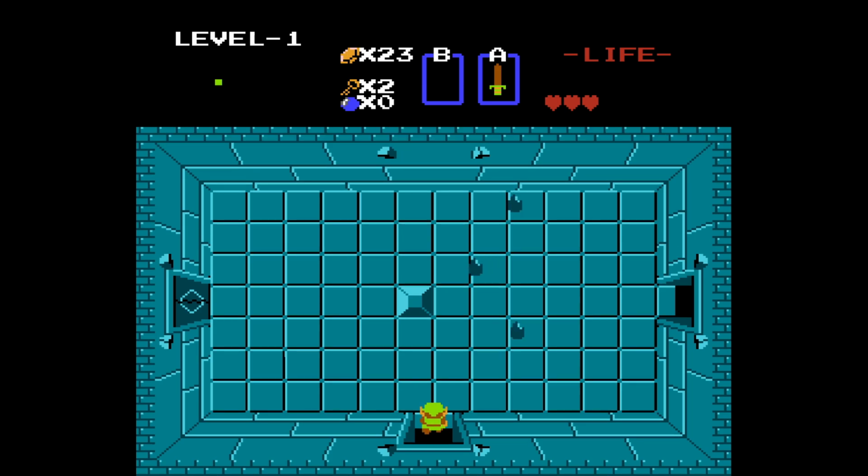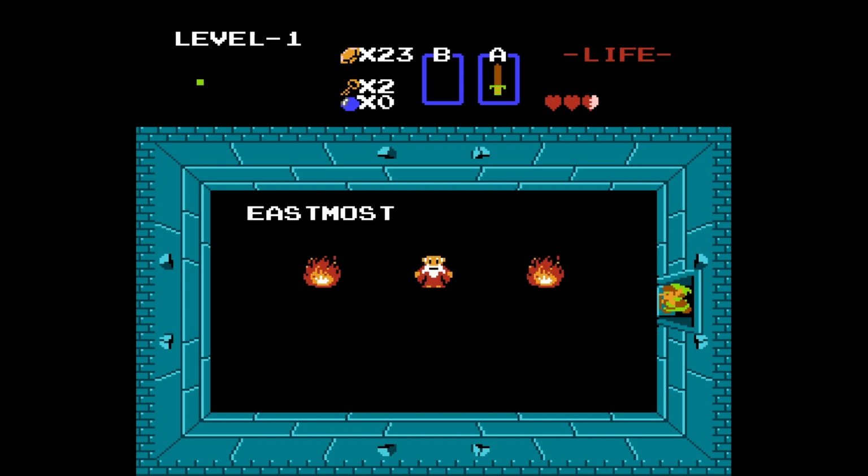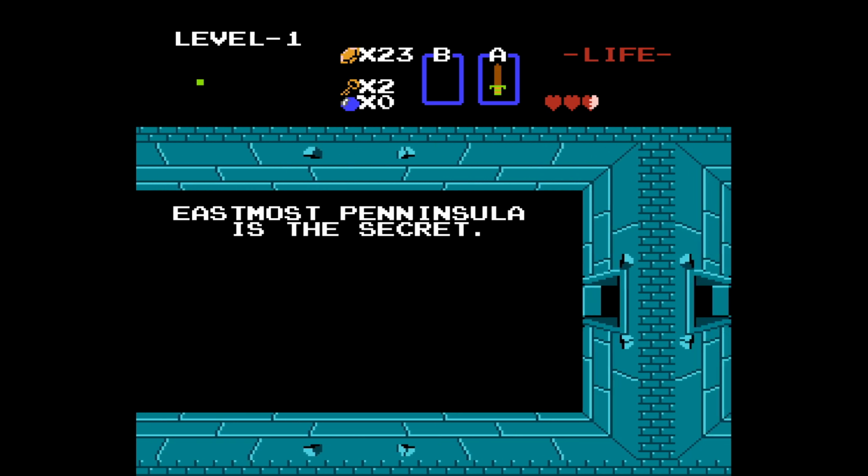Level 1 also introduces us to the revolutionary concept of pushing a block to do things, which would become a mainstay puzzle mechanic for the series. In this case, it opens up a door, where an old man hiding in a dungeon tells us the eastmost peninsula is the secret. You'll see a fair few helpful messages like this throughout the game,